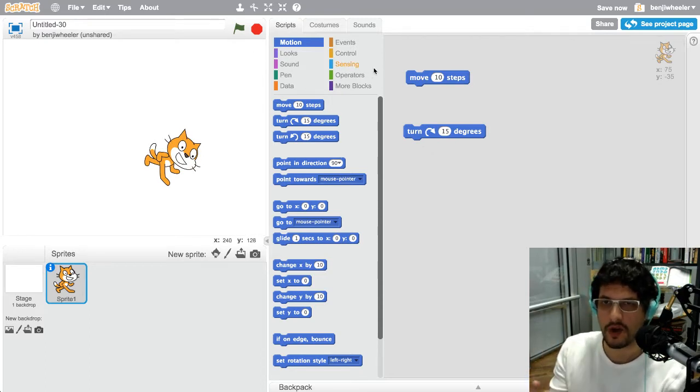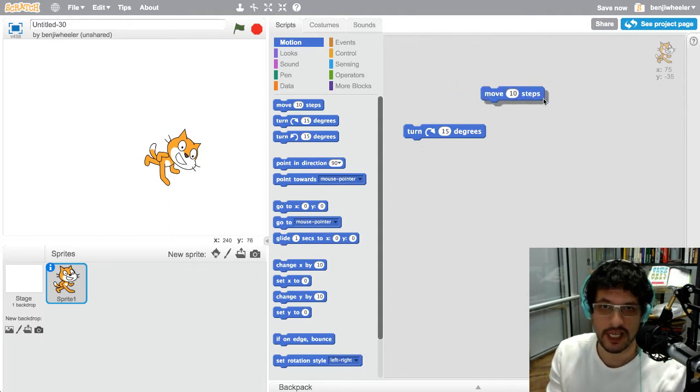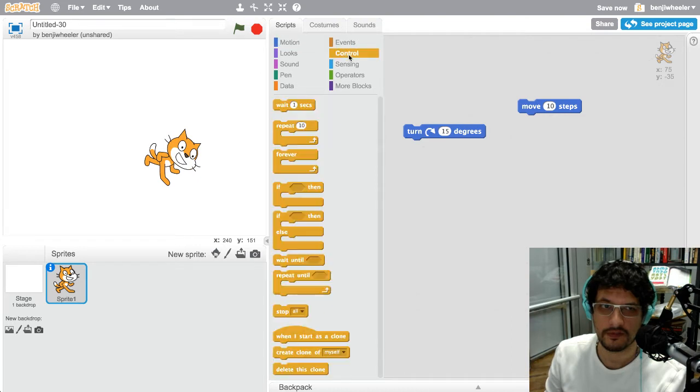Here's how to make this a program. Instead of just moving 10 steps one time, we're going to go to the control section and get a forever loop. So you see, this has a space for one of these blocks to go inside it. See how it kind of seems like it'll fit right in? And sure enough, if I move this move inside it,